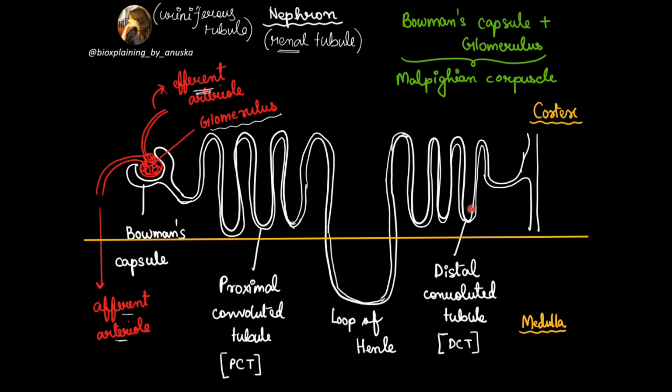This distal convoluted tubule means that it is a bit distant from the Bowman's capsule, so it's distal, and it is a convoluted tubule. The final part that we have here is the collecting duct, which will be collecting the final product, that is the urine, which has been formed by the